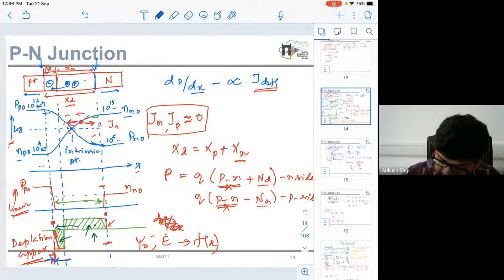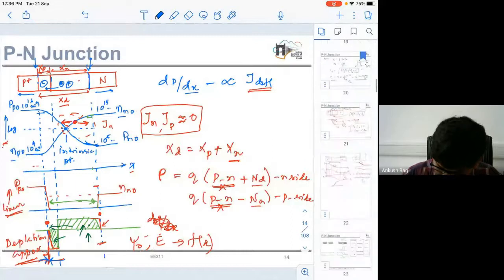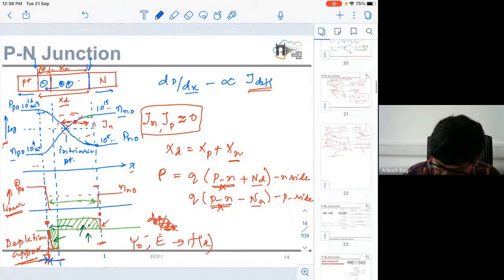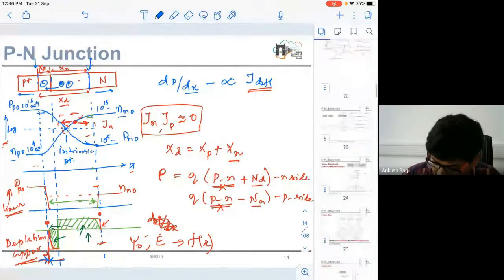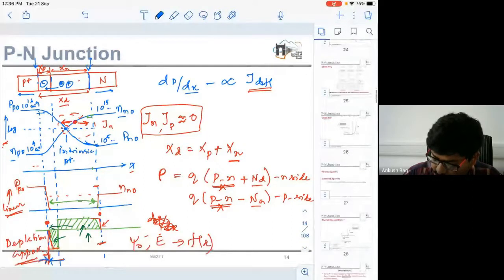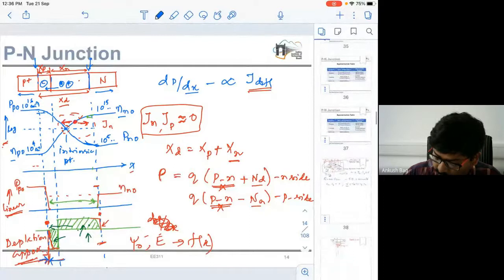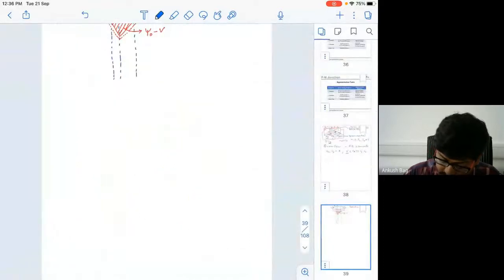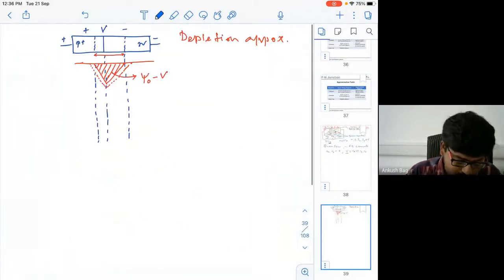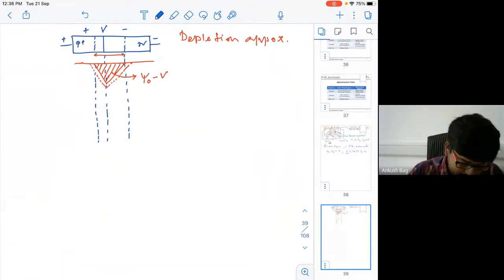And this depletion approximation, this concept we have seen in case of equilibrium condition, and under biased condition also this depletion approximation is valid. How this is valid, that we need to see. So how is this depletion approximation still valid under biased condition? So see,